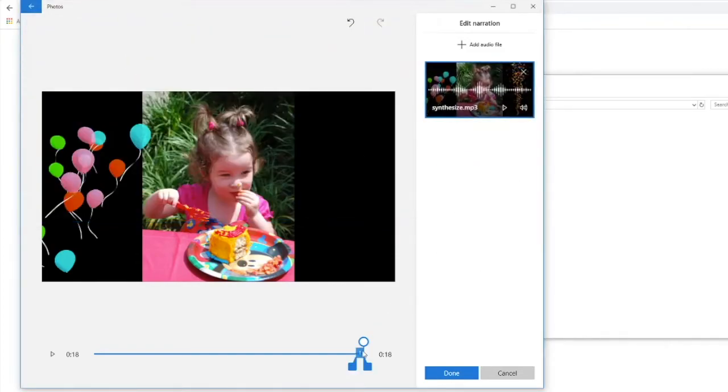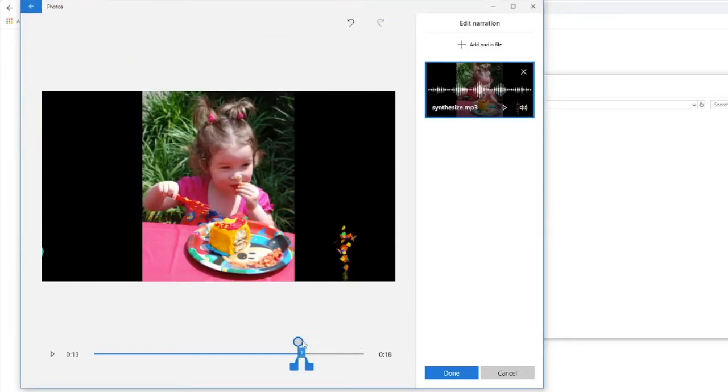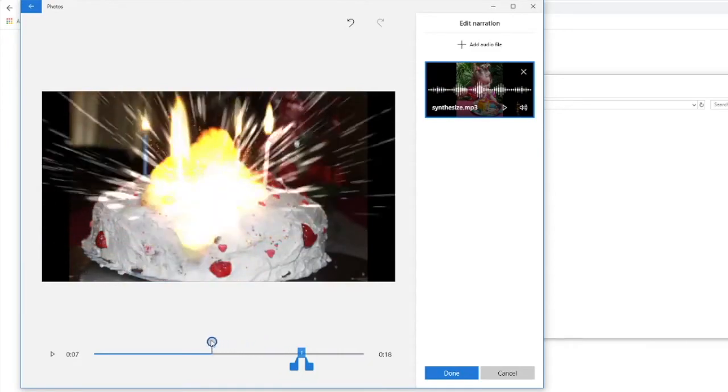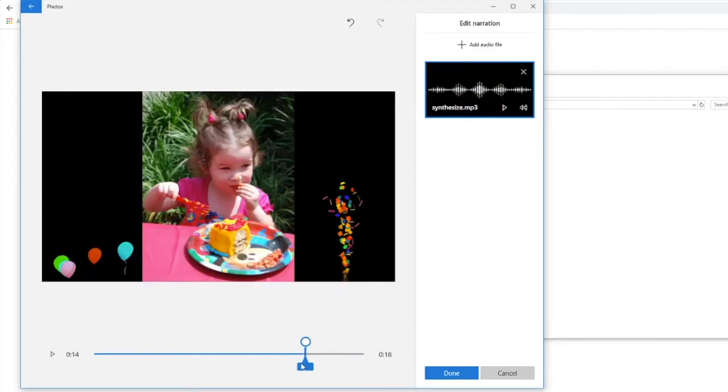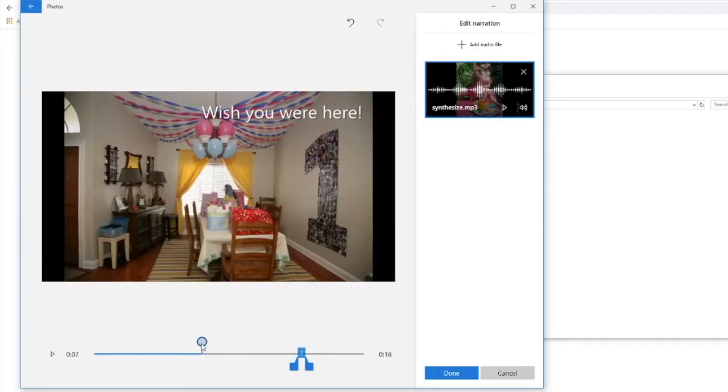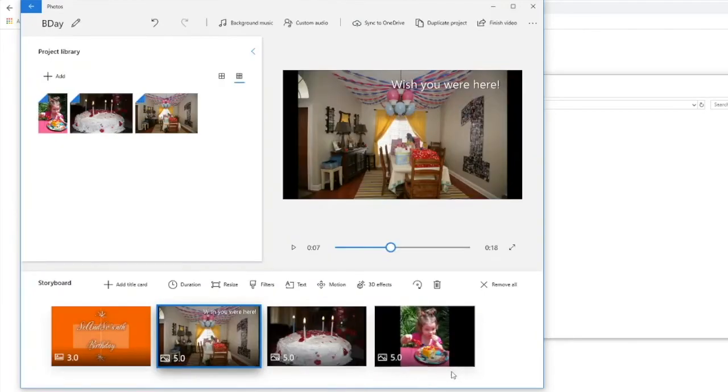And I decide I want us to start about when the cake shows up. So I'll drag it over there and extend it to its full duration. Okay. Now that everything is complete, a click up on Finish Video in the upper left will create and save